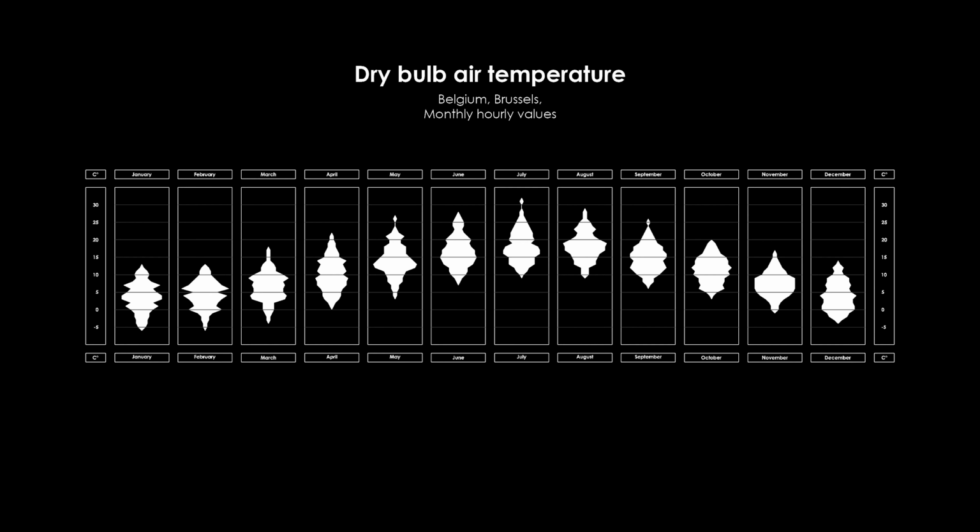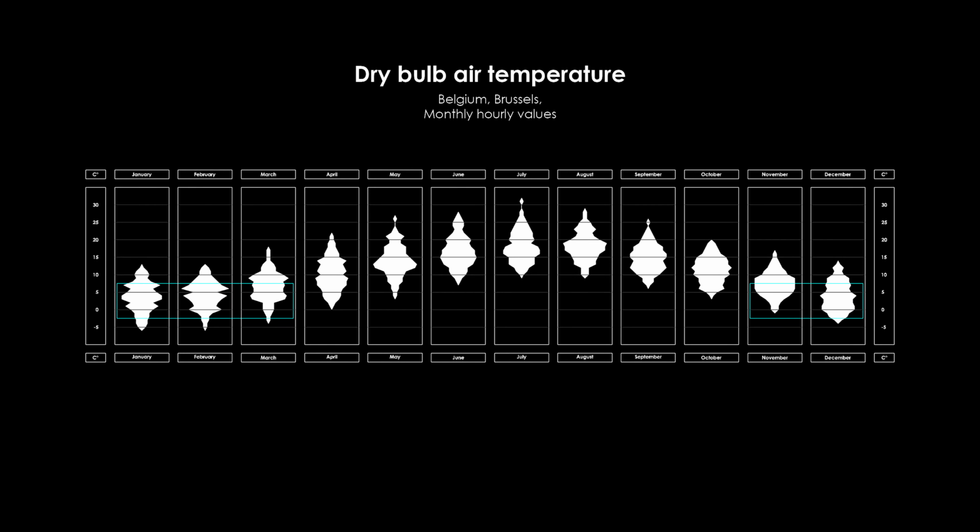For the dry bulb air temperature, I chose this particular graph because I feel it better transmits what the climate is like. You can see in the y-axis the temperature in degrees Celsius, and in the x-axis the frequency for each of those temperatures. And this gives these kinds of figures throughout the year, which when we look into more detail, we can see that in the months from November to March, temperatures are quite similar.